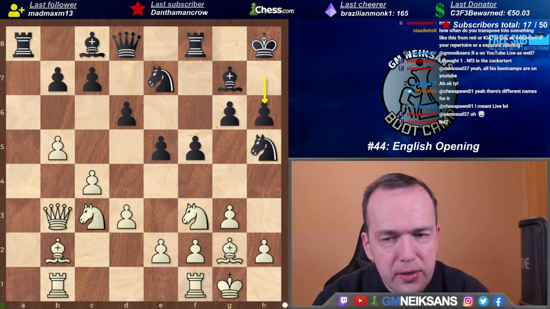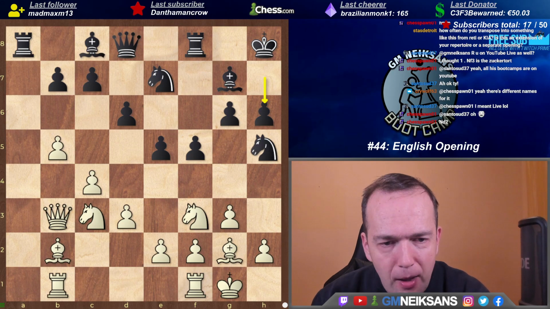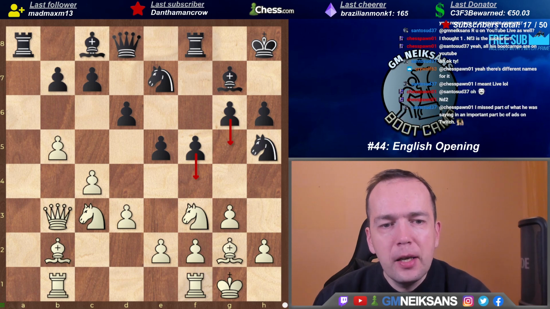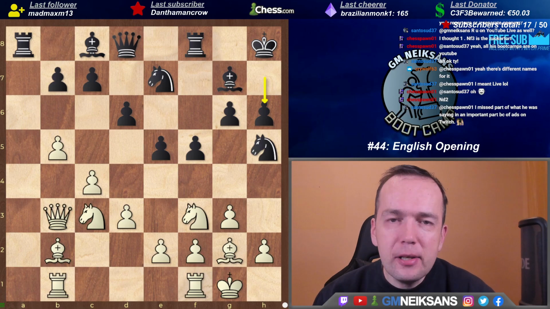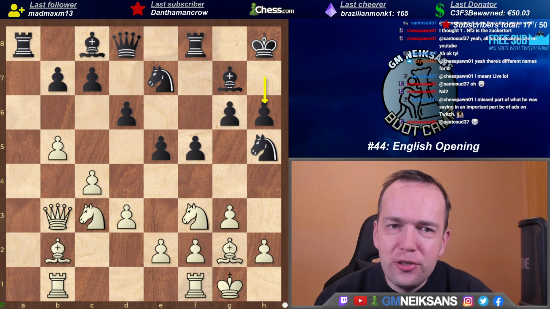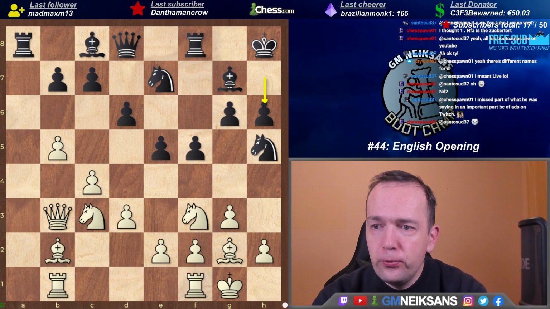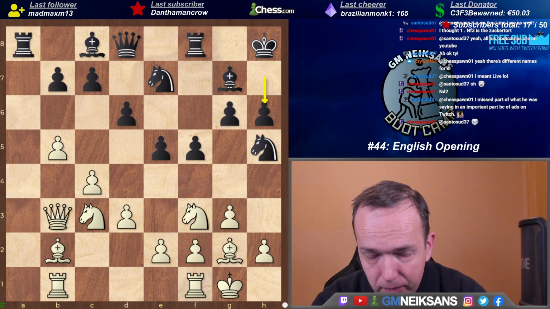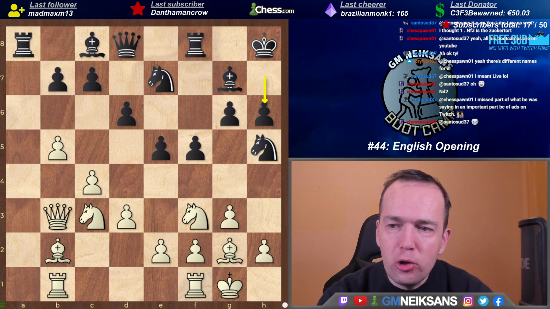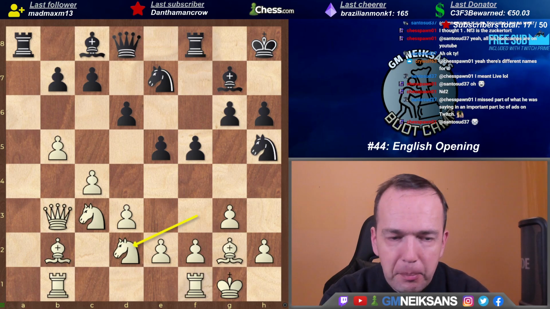So your opponent is going to throw at you all of his pawns. He's going to play f4, he's going to play g5, he's going to play g4, he's going to play h5, h4, etc. It's not a mate. It looks scary, it's not a mate. So again, you're going to have to take my word on this. What you should be doing is focusing on the queen side. And the typical way to focus on the queen side is knight e2, because the knight on